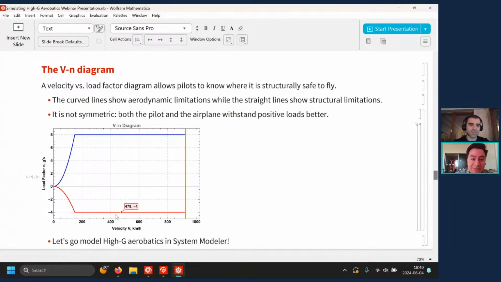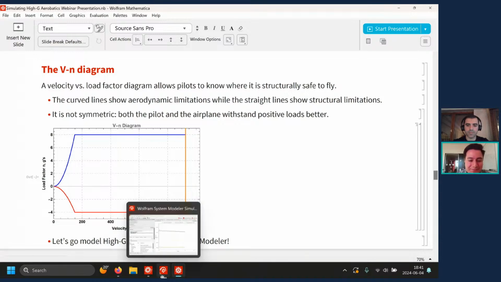These straight lines are determined by the structural limitations from the structure department, the same as this never exceed airspeed. You cannot just dive your airplane and go extremely fast and not expect anything to happen, without even messing with supersonic and compressible flow things. And these curved ones over here are the aerodynamic limitations, in which if you are going too slow and you are weighing 4 times your weight, your wings won't be able to support you any longer. This is, of course, an oversimplification, but let's go model this high G aerobatics in System Modeler